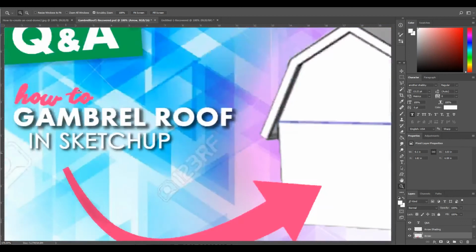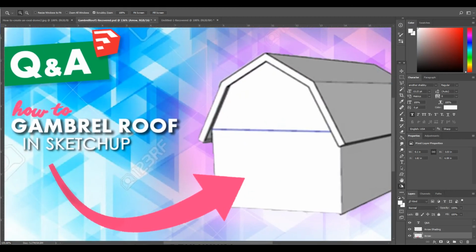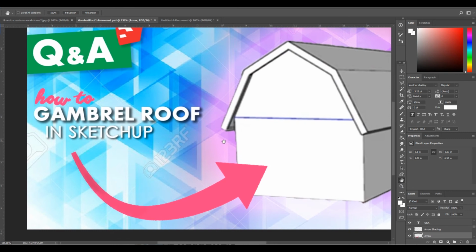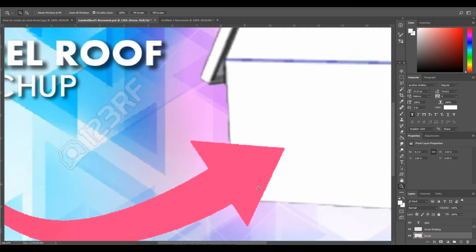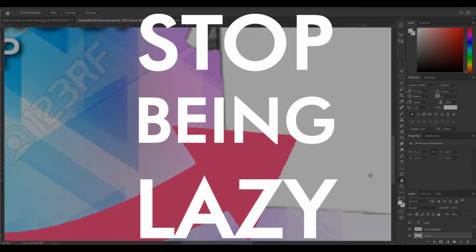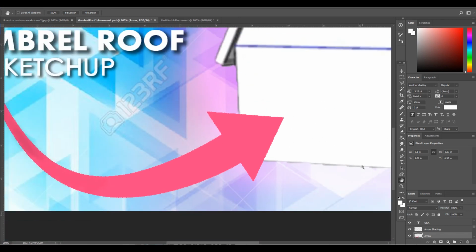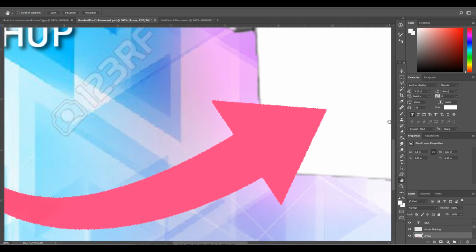He just pulled this off of some website, which, I don't know whether it's free to use or not, but is potentially copyright infringement by just pulling someone's stuff. But he didn't even bother to trace it if he is allowed to use it. You can see all the jagged edges here. He just took the magic wand tool and erased whatever color, and so you get this really jagged image. Ideally, you would use the pen tool for this, if you're going to use this as inspiration. But if you want to be lazy about it,